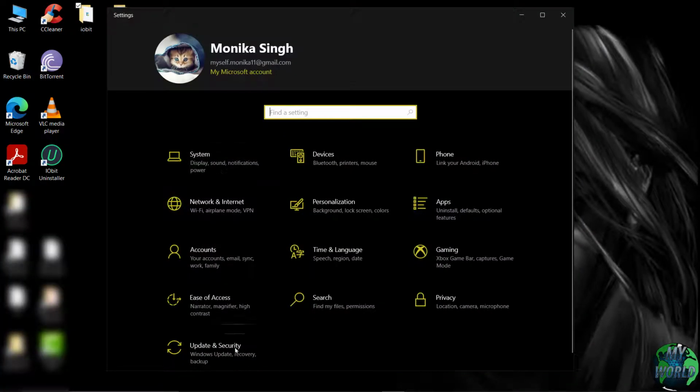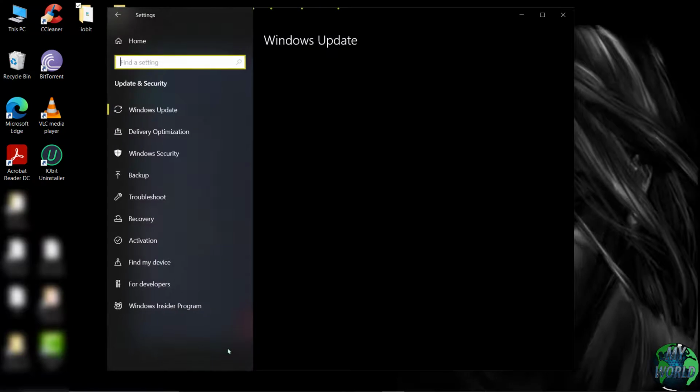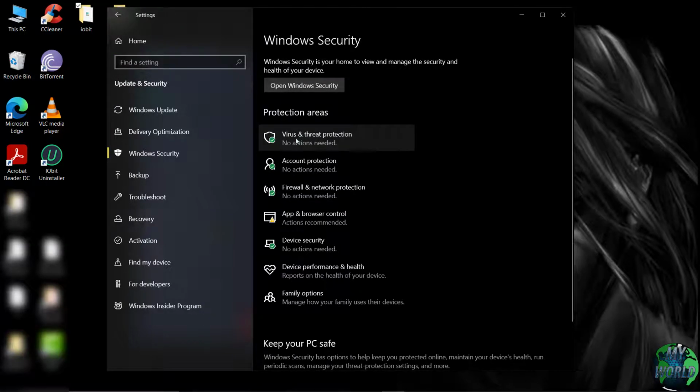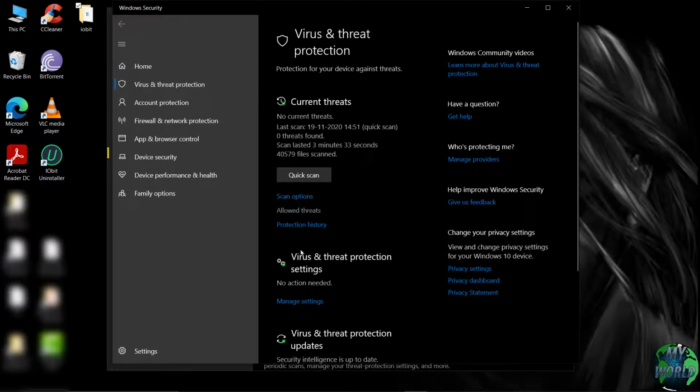In settings, just click on update and security. Here click on Windows security. Here you will see the option virus and threat protection. Click on that. Now you need to click on manage settings.